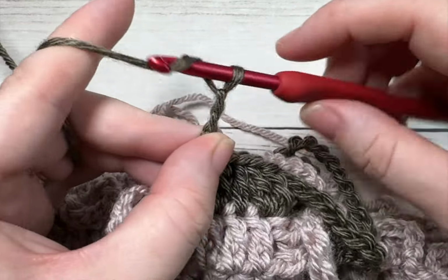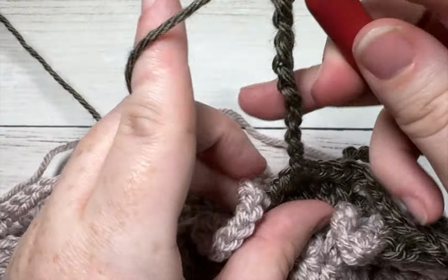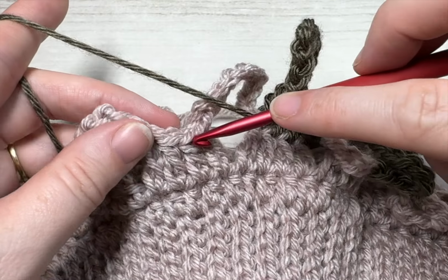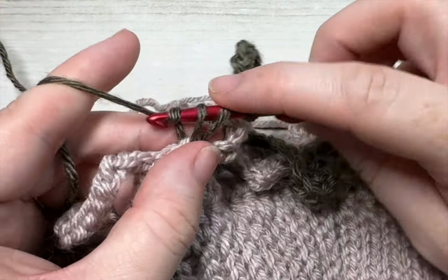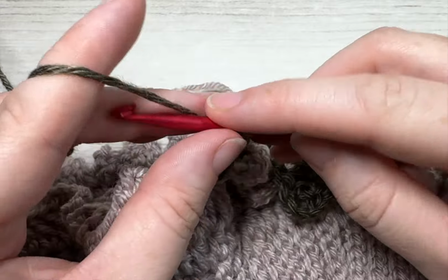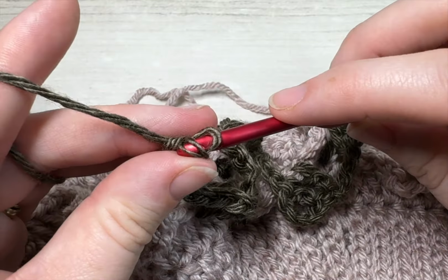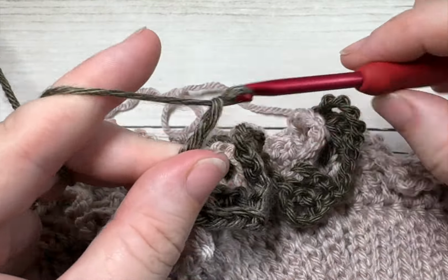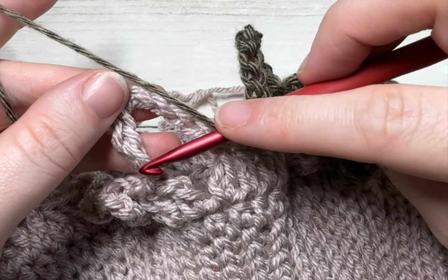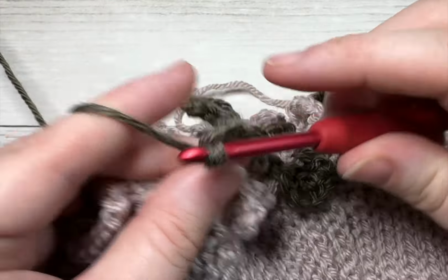You're then going to chain 10, and repeat. Skip the next chain 10, skip the next extended double crochet, and work an extended double crochet in each of the next 2 stitches. Chain 10, skip the next extended double crochet, skip the next chain 10, and into your next stitch work 2 extended double crochet stitches,